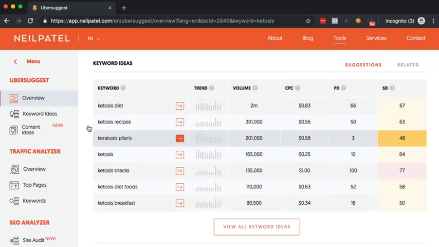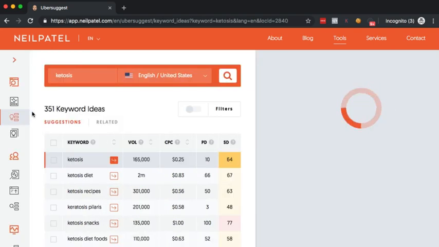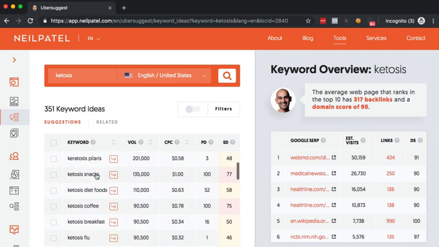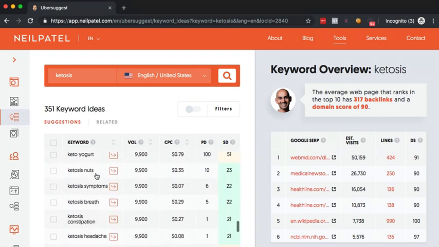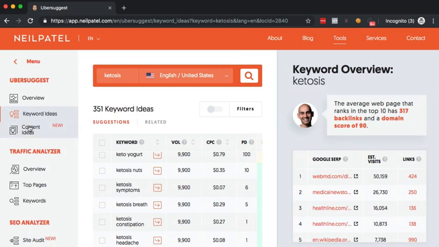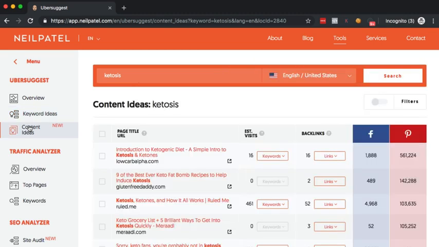So this is the overview page. You can also click on keyword ideas. And again, you're going to be given a ton of ideas and a ton of keywords, and you can set filters to be able to filter out some things here and there. And again, just like KWFinder, you're given the SERP results, so you can take a look at what is actually currently ranking. Now, if we again come back over here and click on content ideas, which again is pretty fantastic,